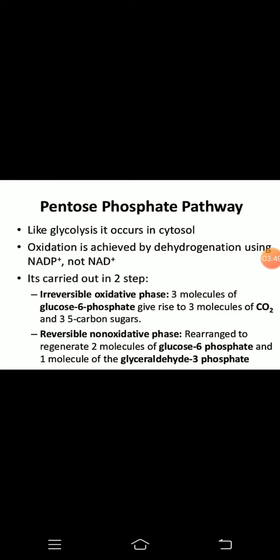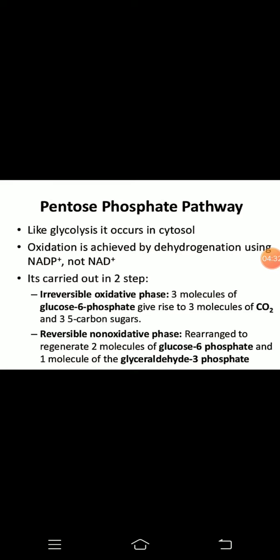This glucose 6 phosphate is present in different types of cells. How is it present? Whenever you eat something, you eat different types of carbohydrates, and those carbohydrates enter your body. From the polysaccharides different monosaccharides are formed, and the simple sugar, the glucose molecule, is formed, and this glucose molecule will be present in your blood. From the blood it will enter into different types of cells, as I told you, like kidney cells, liver cells, RBC cells, etc.